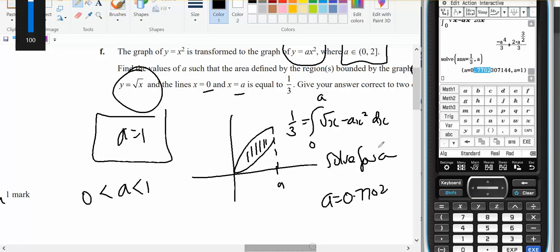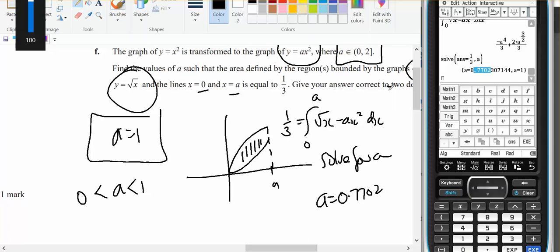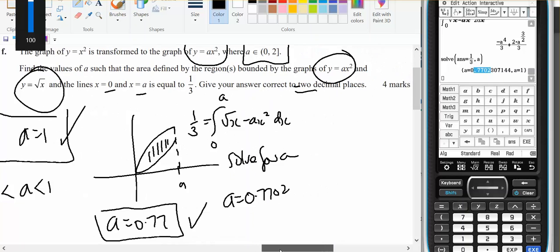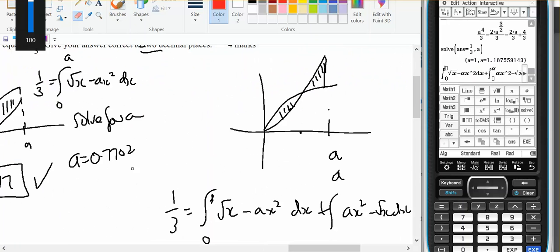And I'm giving these answers to 2 decimal places, aren't I? 2 decimal places. Therefore, a also equals 0.77. So if a goes between 0 and 1, I get an answer of 0.77. It also gives me an answer when a equals 1. What if a was bigger than 1? A bigger than 1, so a going from 1 through to 2,